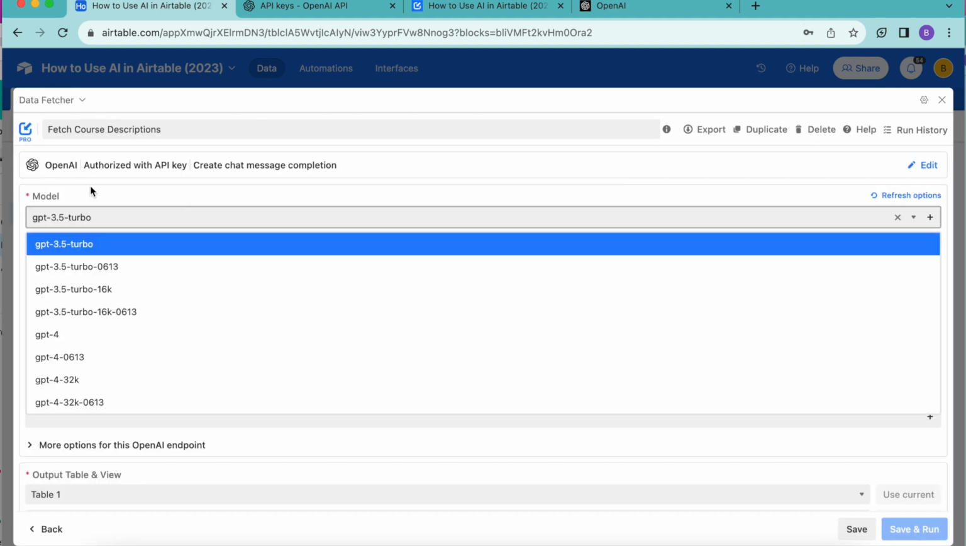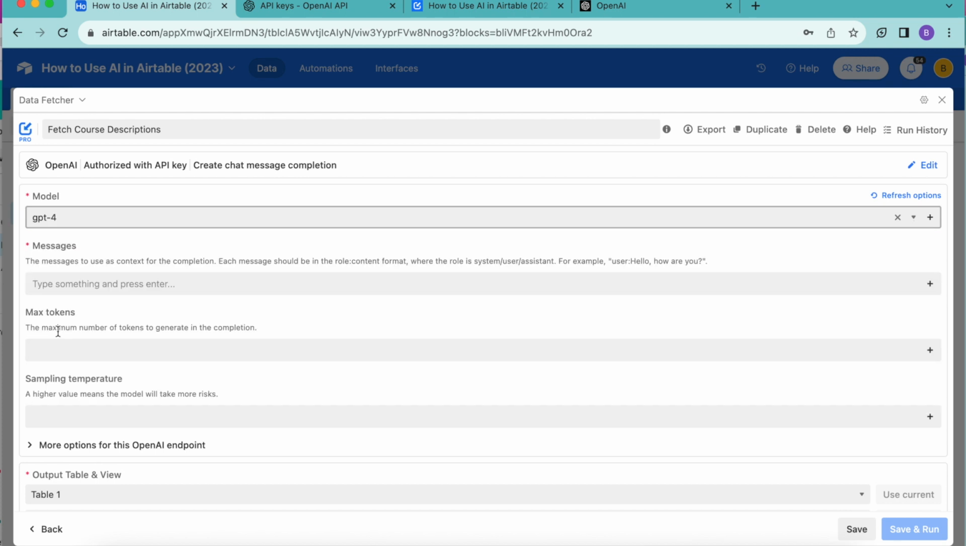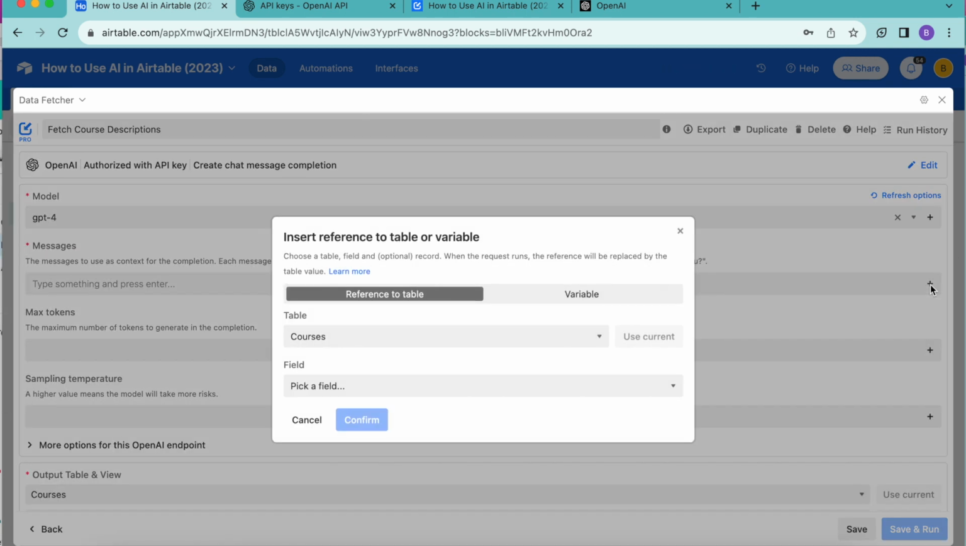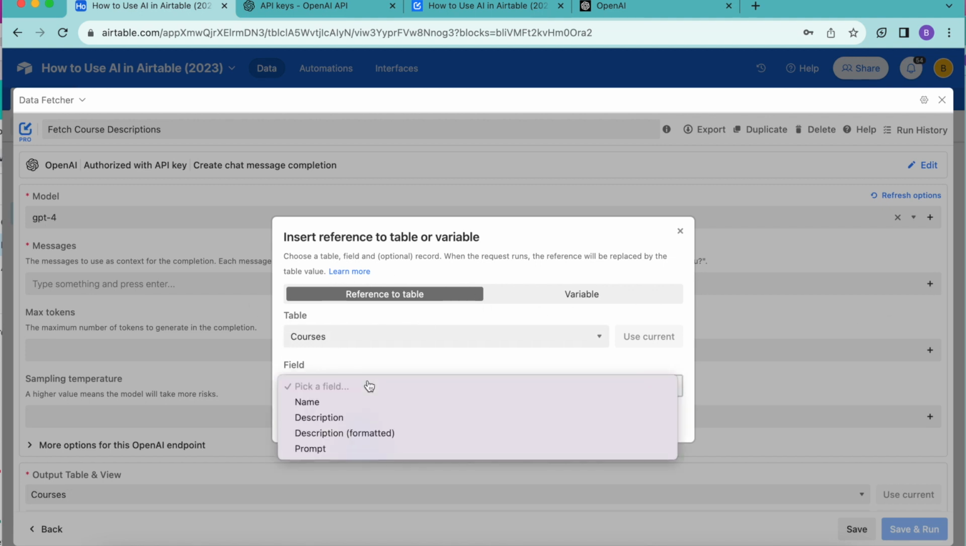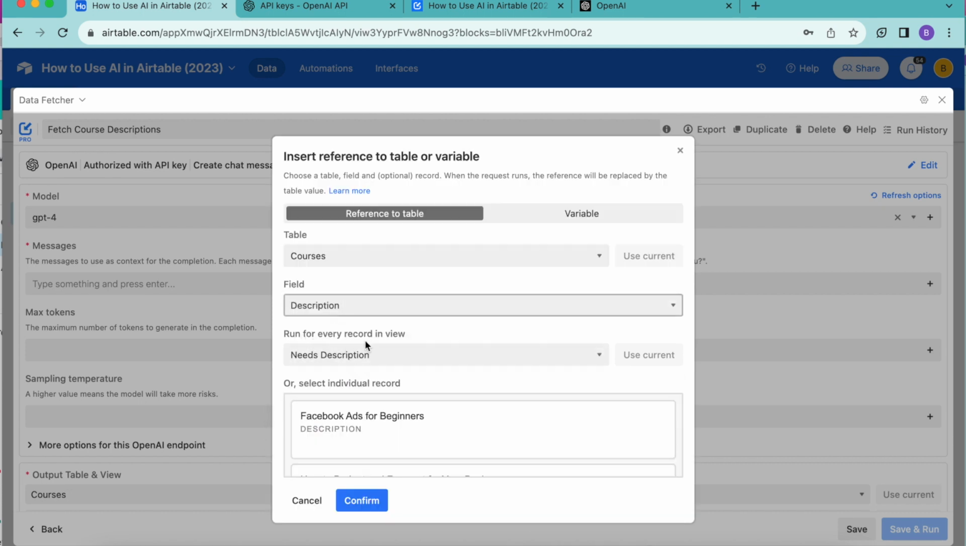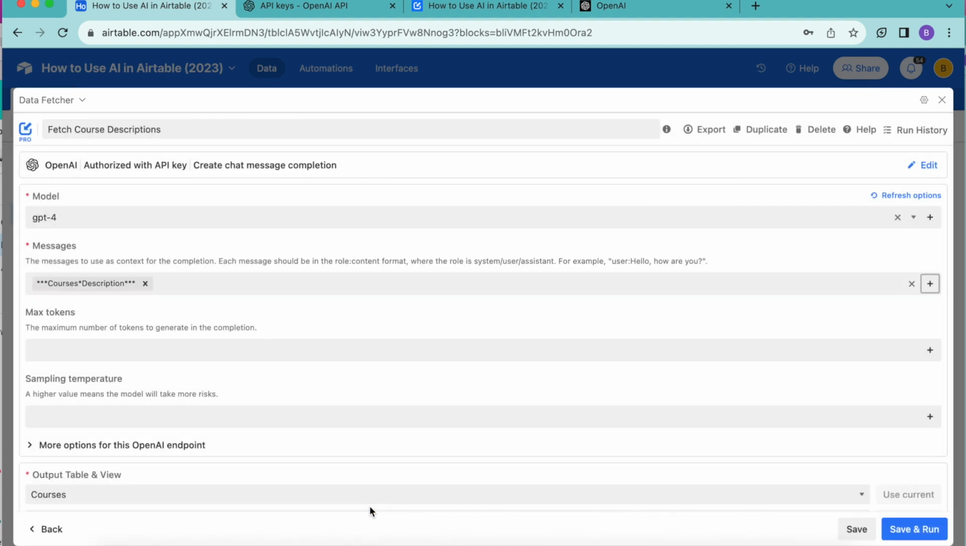We'll arrive at the following page, and under model we want to select GPT-4. Then for the messages we want to select the plus symbol, and this is where we're going to add a reference to the prompt we specified in the Airtable table using the formula in the prompt field. So for the table we want to have courses selected, and for the field we do want to select description. Then under "run for every record in view," we want to have "needs description" selected here, select confirm, and